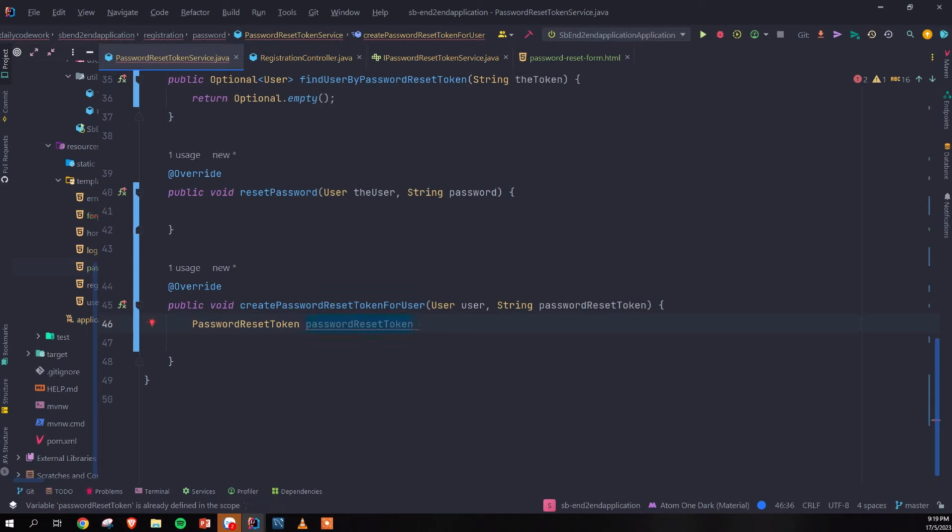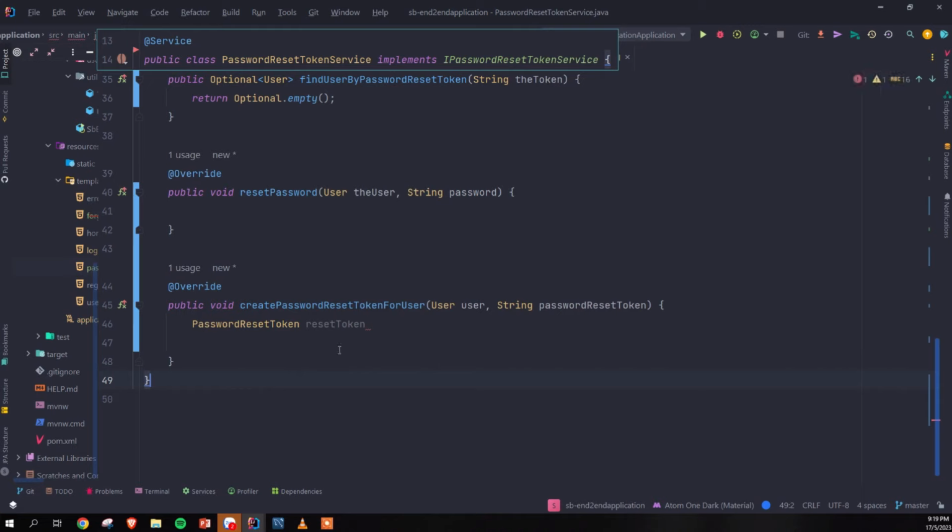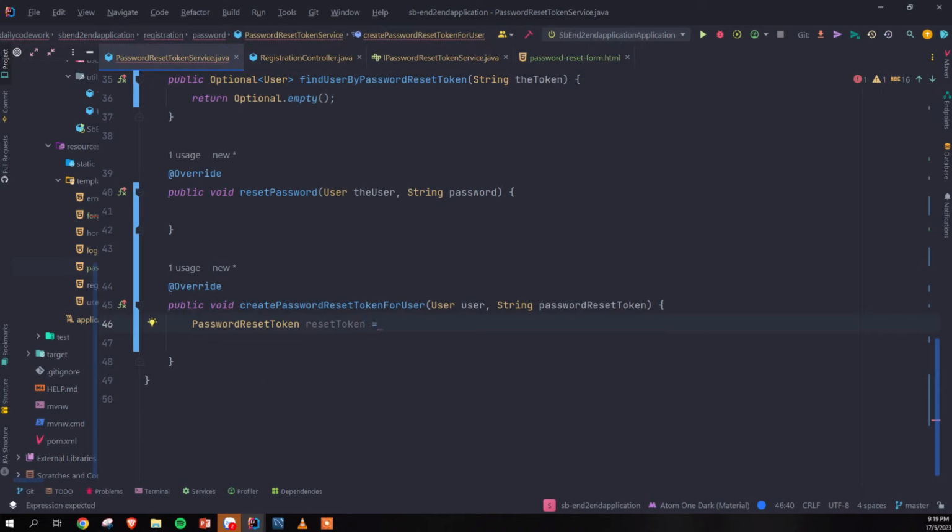Let's just say reset token. Let's call this one reset token, right? So this one equals new. We're going to create a new instance of this. We're going to create a new password reset token for the user, and we're going to save it to the database. We're going to save the password reset token against the user in a database, right? So for that, we're just going to take the password reset token and we're going to have the user, right? This one here. So then we're going to return